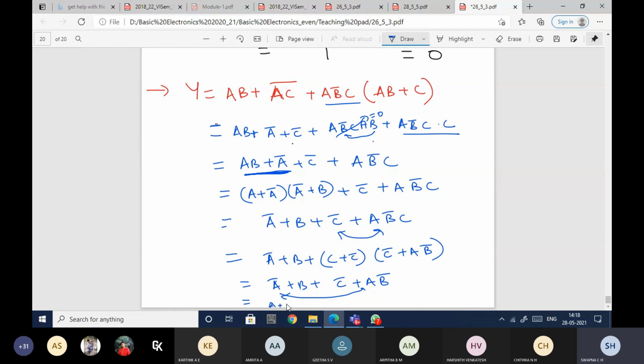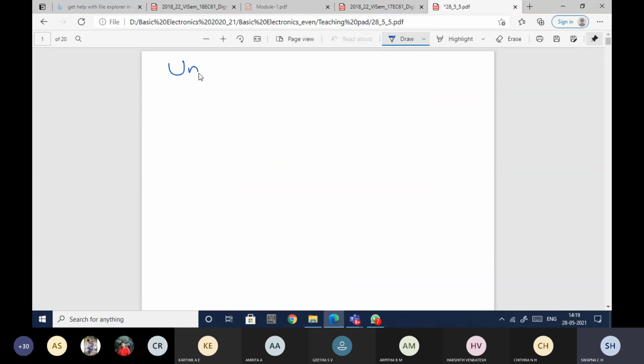Okay, then again between these two I'll just apply De Morgan's law. So A plus A bar, next A bar plus B bar plus B plus C bar. A plus A bar is 1. Okay, I'll just do it here. My pages are over. So A bar is 1. So I'll be left out with A bar plus B bar plus B plus C bar. So B bar, its value is 1. Okay, so A bar plus 1 plus C bar. 1 or with anything is 1.